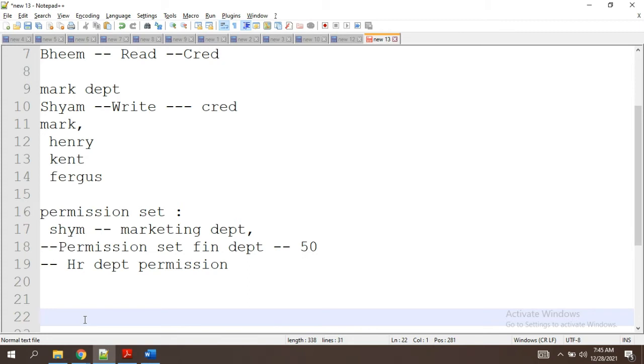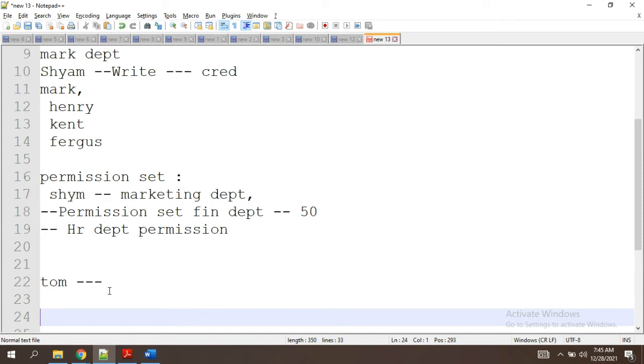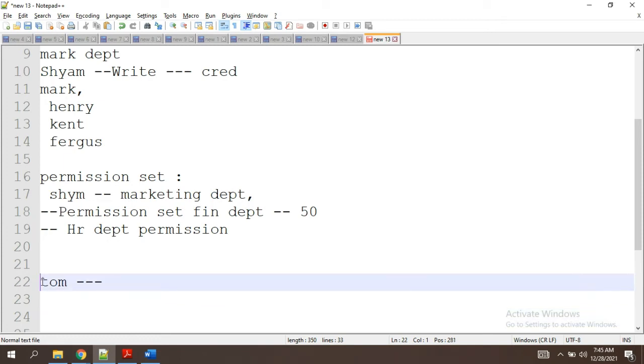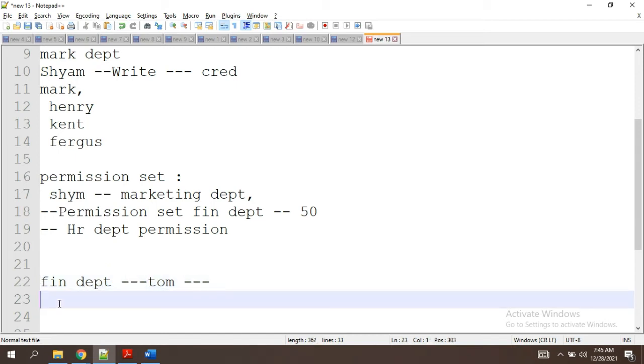For Tom only, just guess that Tom is now from the Finance department. Now we have the requirement saying we want marketing department access. So the marketing department has access to students